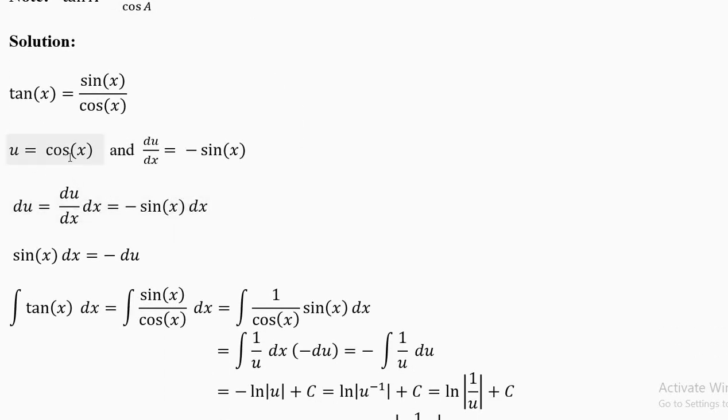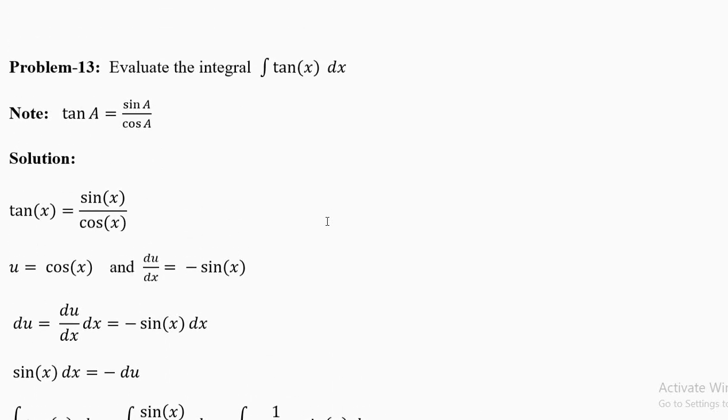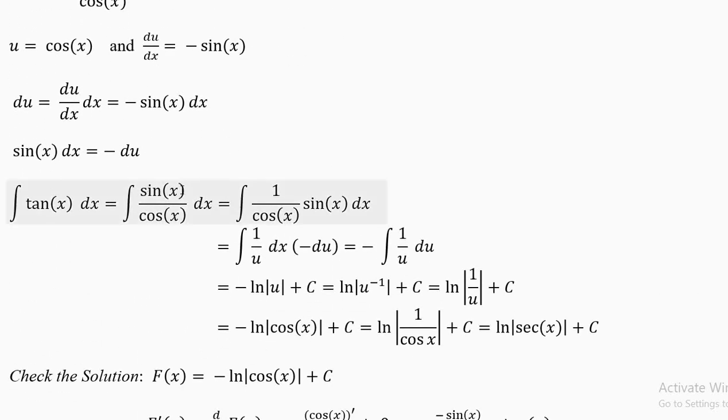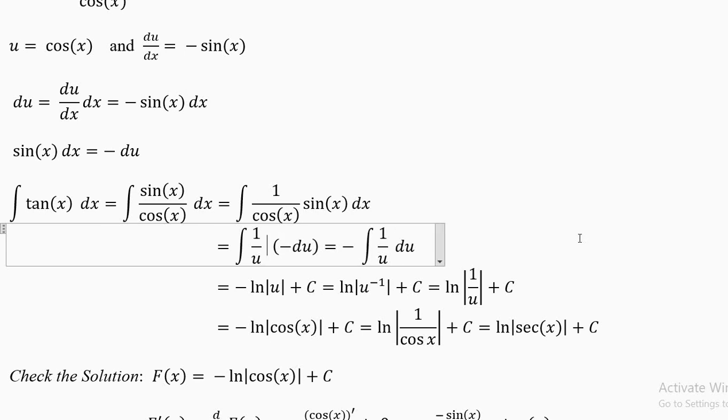So you have u equal to cos x, derivative is minus sine x. So sine x dx equal to minus du. So when you look at this integral, the derivative is sitting up and the function is sitting down. So you have 1 by cos x into sine x dx. Sine x dx is minus du. I have put a bracket. This minus is inside and you are multiplying with the bracket. 1 by u. This dx is not there, I will remove it. This minus will come out. We'll get minus integral 1 over u.